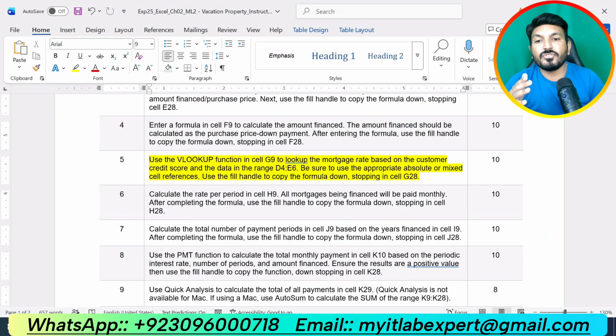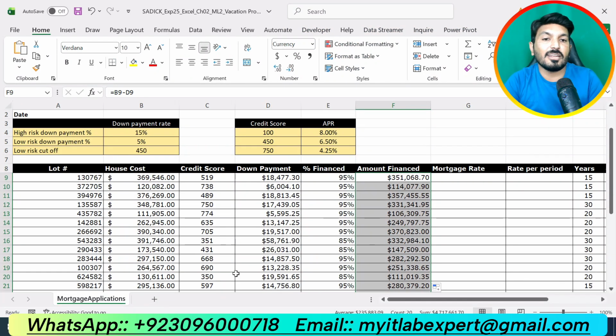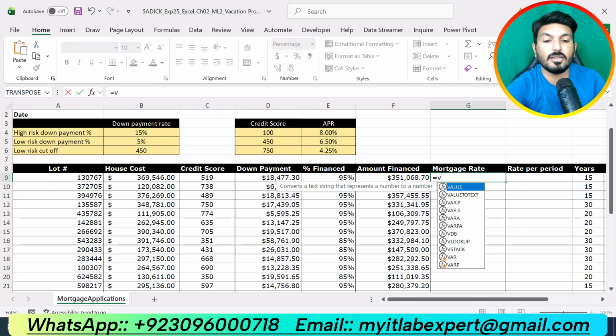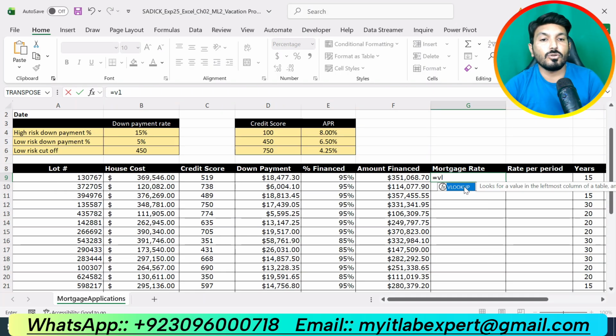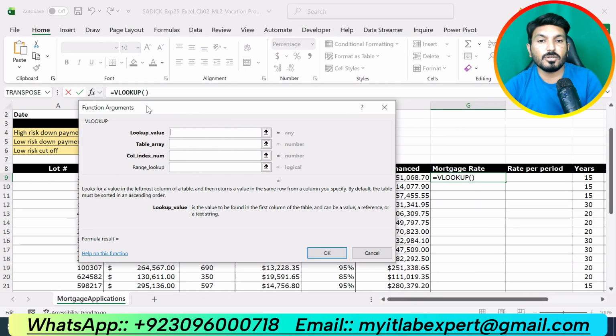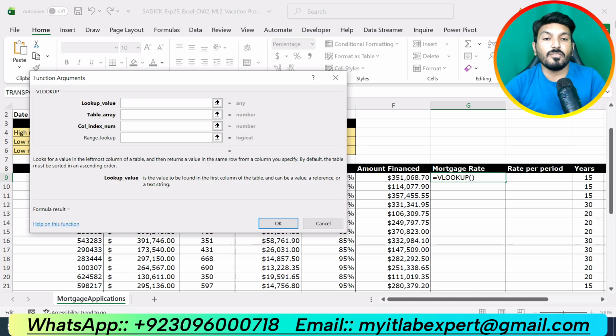So now in this step, we are going to use the LOOKUP function in cell G9 so that we can get the mortgage rate. First of all, we will go to our workbook, then go to cell G9 and type an equal sign and type LOOKUP. The LOOKUP function will pop up there, double click on that and click on the function symbol to enter the function arguments. So our lookup value is